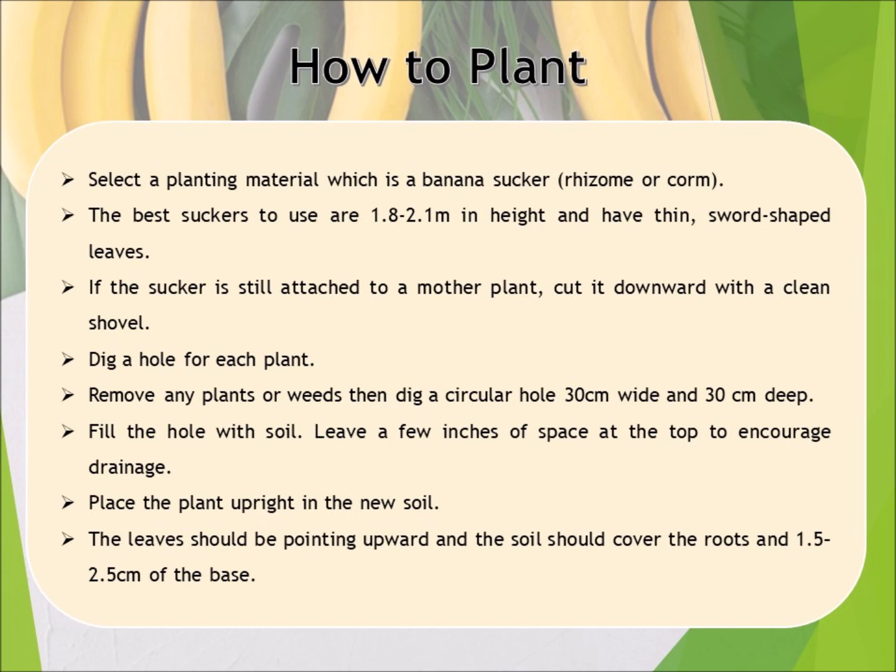Dig a hole for each plant. Remove any plants or weeds, then dig a circular hole 30 cm wide and 30 cm deep. Fill the hole with soil. Leave a few inches of space at the top to encourage drainage. Place the plant upright in the new soil. And last, the leaves should be pointing upward and the soil should cover the roots and 1.5 to 2.5 cm